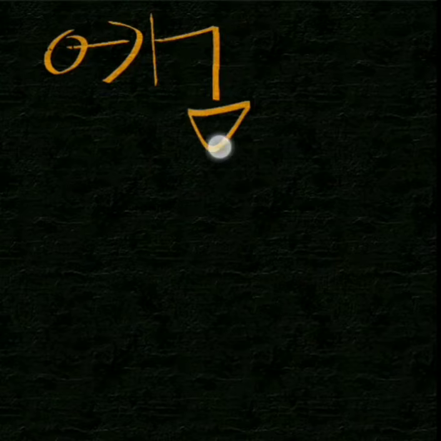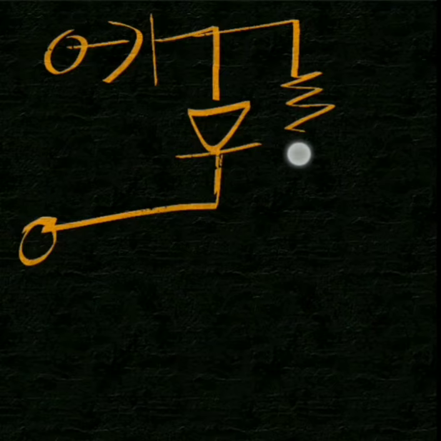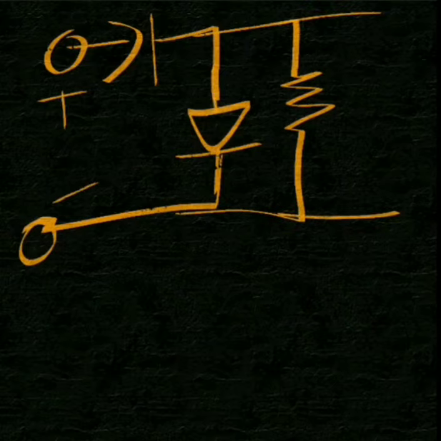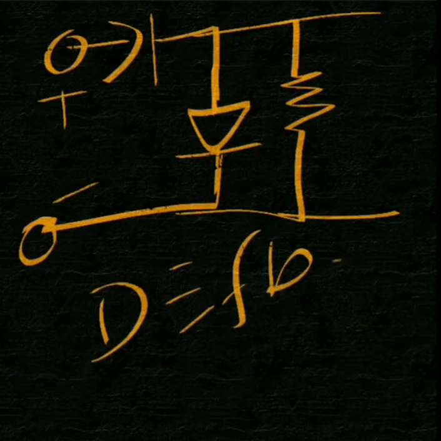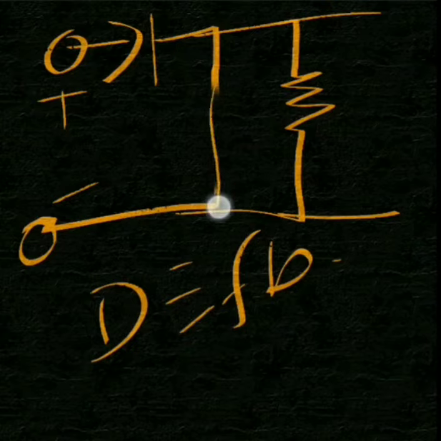But if we take a look at the equivalent circuit, we can see that this diode's P side is connected to the positive side of the signal, and the negative part is connected to the N side, that is, the diode is in forward bias,